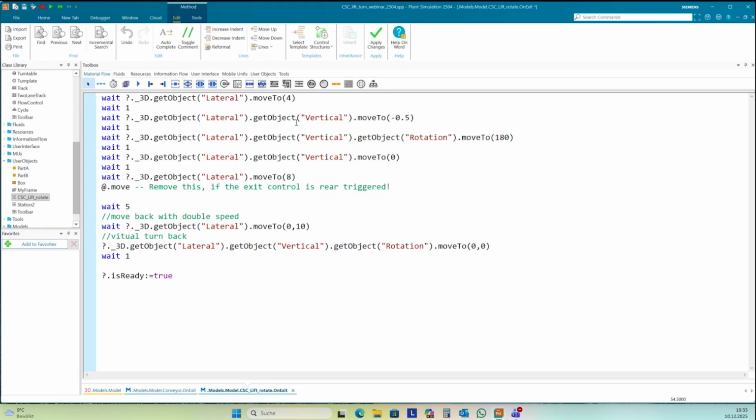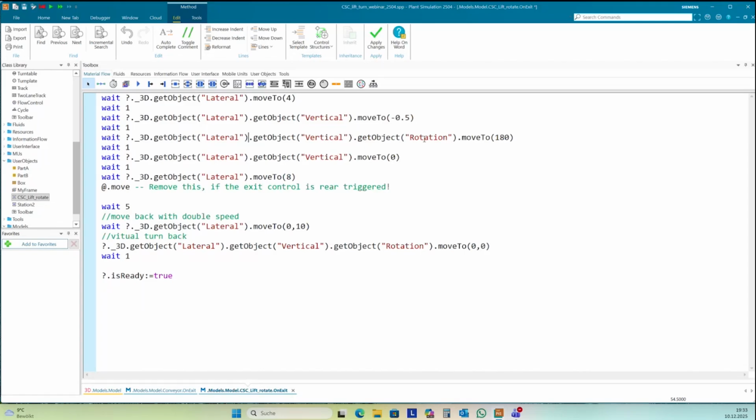This is basically how to address all the animatable objects. It's a hierarchy here. It starts with lateral. Below lateral is vertical as one animatable object.